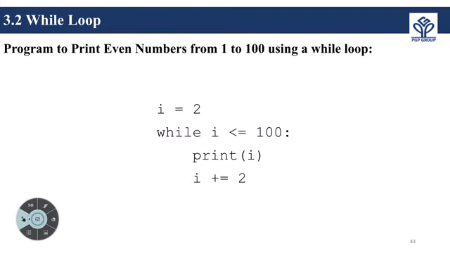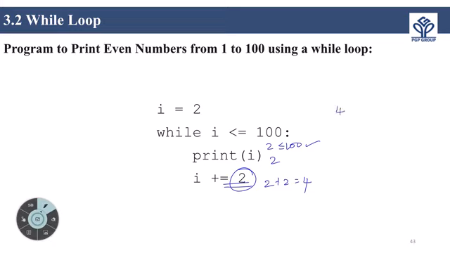Clear? Next one, same as this while loop, you print the even numbers. So we add two each time. Clear? i is equal to 2, so 2 less than or equal to 100, correct? 2 printed, 2 plus 2 is 4, an even value, correct? So 4 again, 4 less than or equal to 100, 4 printed, 4 plus 2 is 6, because we are adding two each time. Okay,